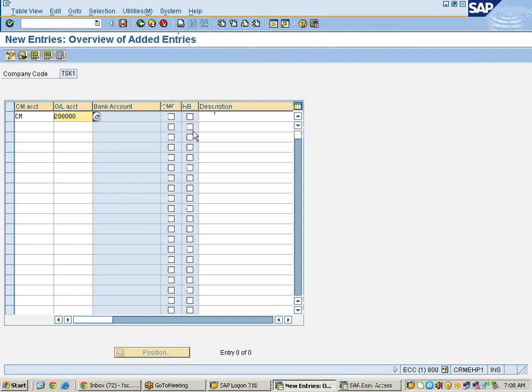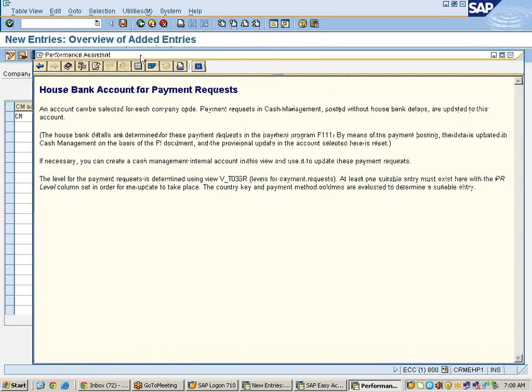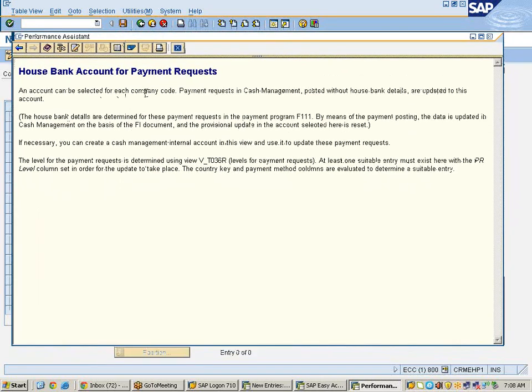That means if you are taking any transaction from the bank account, you need to check this house bank and come to the cash management application. In which circumstance do we need to use it? An account can be selected for each company code. Payment requests in cash management posted without house bank details are updated to this account.